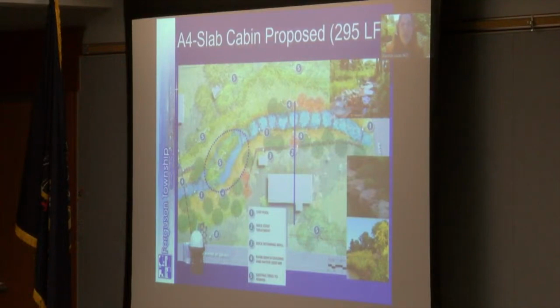It protects the private property. It also increases that floodplain connection that I had talked about earlier and allows us to reduce the amount of rock walls that were originally estimated to be needed out here, so the cost comes down as well. Similar to Beaver Branch, we're talking about doing edge treatments to delineate the easement, the township maintained easement from the